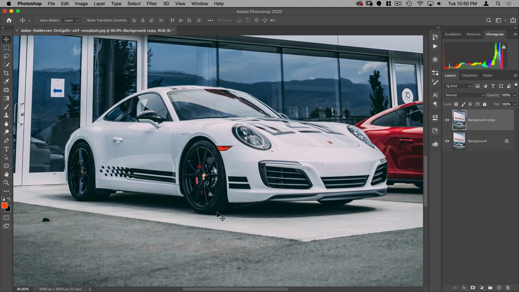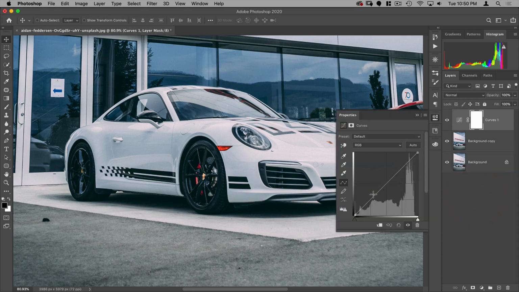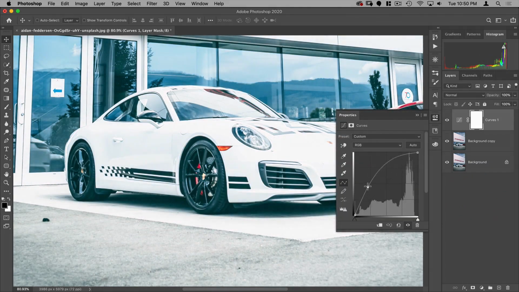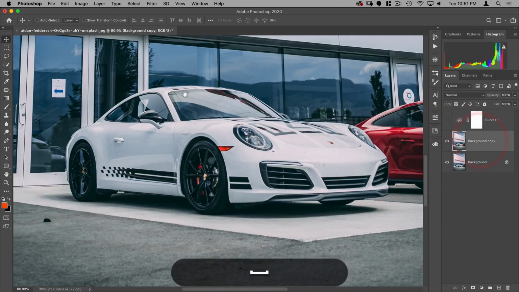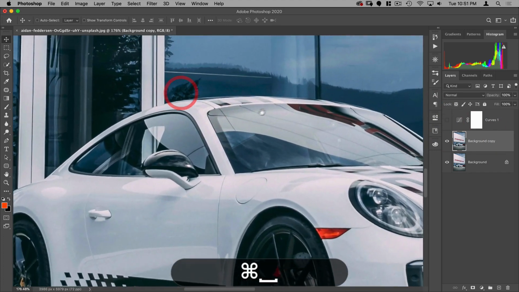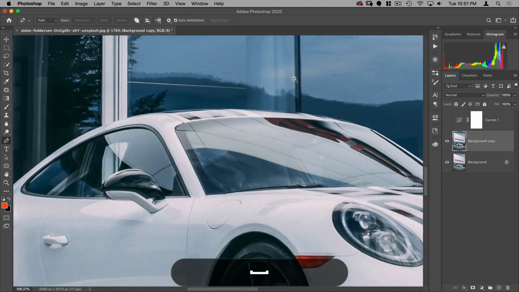Now, there are parts down here that are a little bit dark, so what I might want to do is just add a layer that makes everything super bright, and I'm just going to toggle this on and off as I'm making my selection down here of the wheels so that I can see it a little bit better. All right, let's get started. We're going to go on our pen tool, make sure we're on path. You can make sure this is on combined shapes.